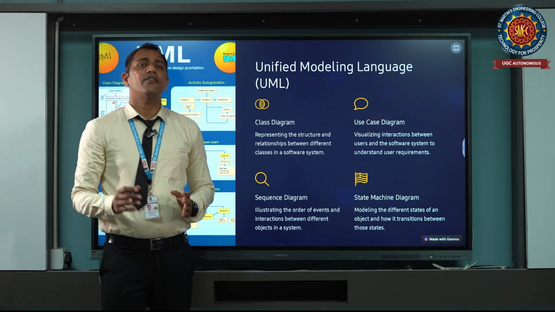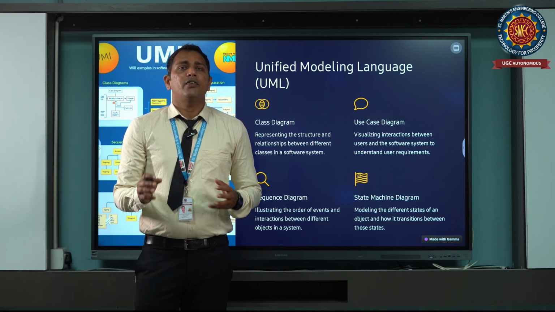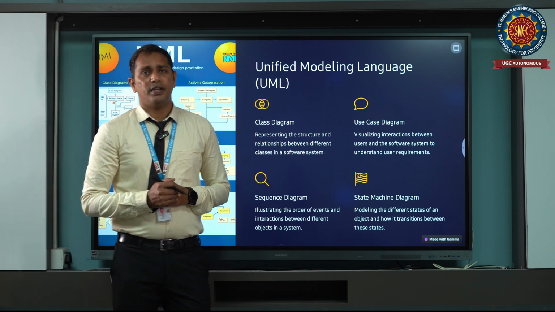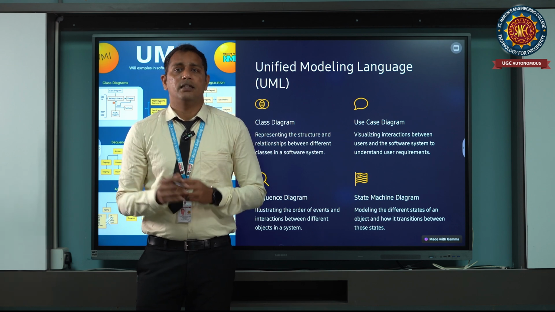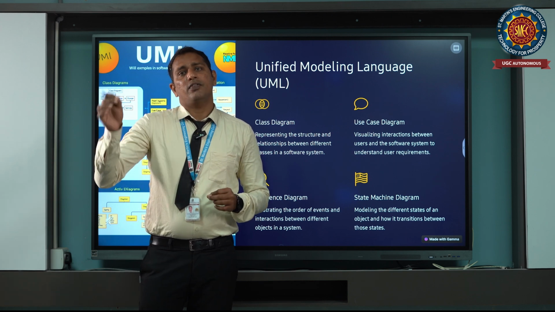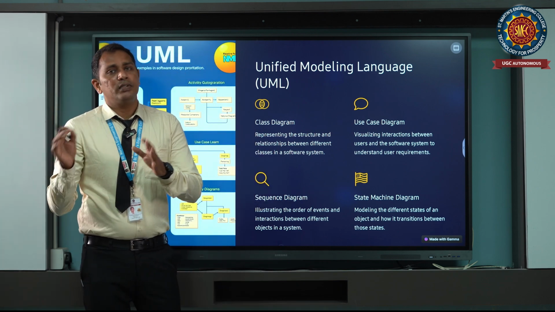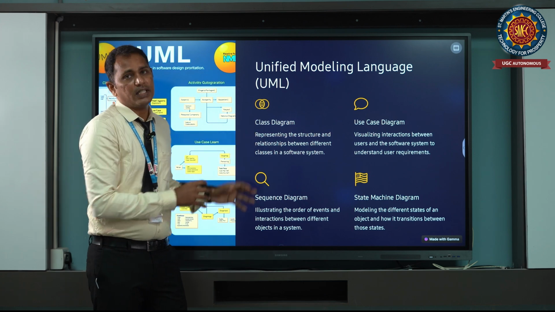UML is a graphical representation of any object. Why are we giving a graphical representation? When we are going to prepare software, first of all, you have to plan. According to the plan, you have to design. What is the implementation you are giving in the software? Graphically, we are showing, using these UML diagrams, how we are representing the software.